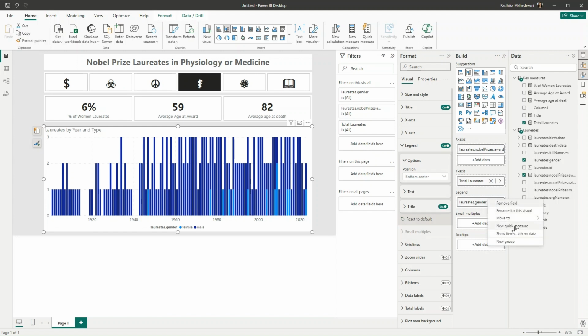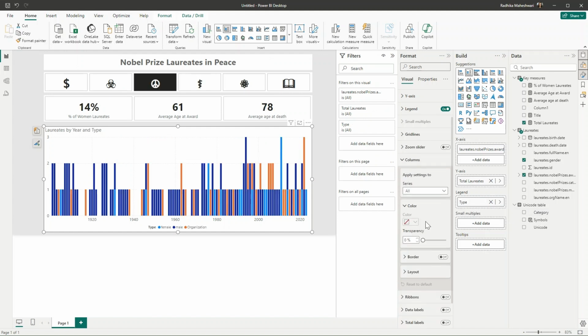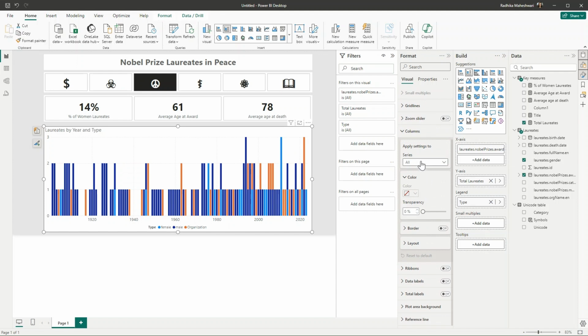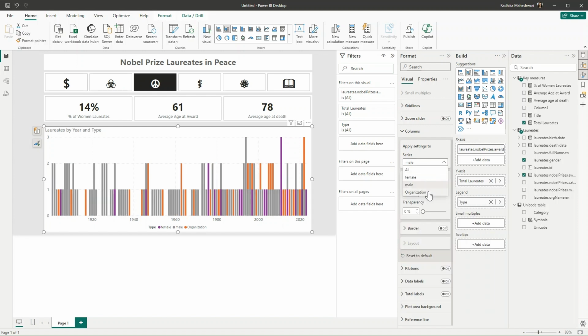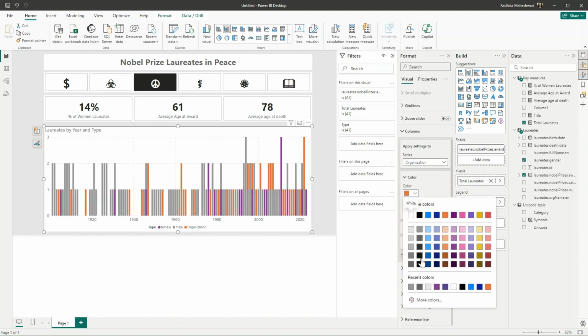And instead of gender, it says type. Now going into columns so that we can change the column colors. So first selecting female, this color, then selecting male, which is this gray color, and finally the organization, which is this blue color.